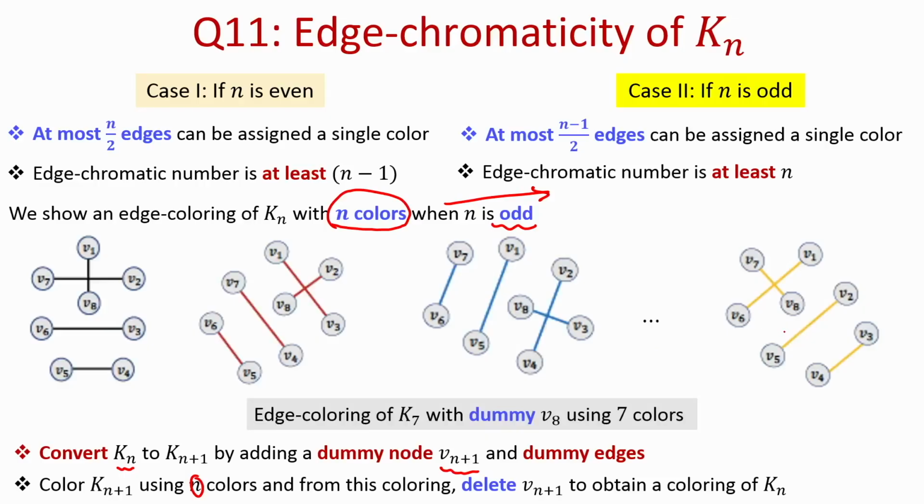So, for instance, what I am saying here is if you have only 7 teams and you want to come up with a schedule, you imagine that you have included a dummy team, say the 8th team, and now you want to come up with a round robin tournament schedule for 8 teams with the same restrictions that you had earlier. So, this will be the schedule, you will require 7 days.